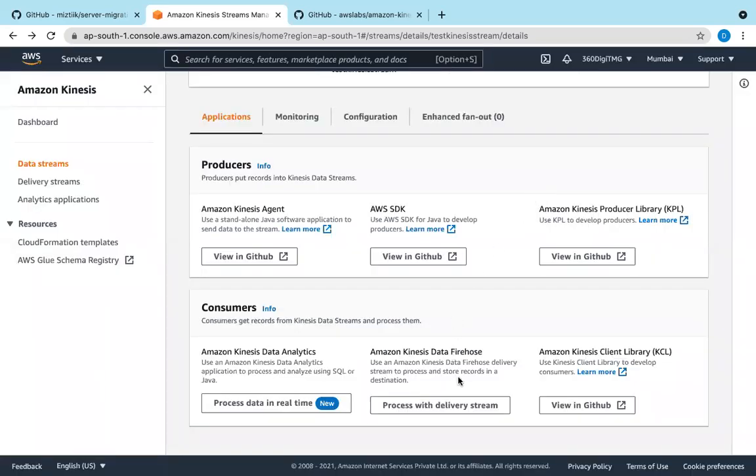Now let us understand this Kinesis Data Firehose. My requirement is, suppose it's social media data or my web application, I want to know the click-through rate. So how many people are coming? I have launched a new product, say for example, 360DigiTMG has launched a new course.